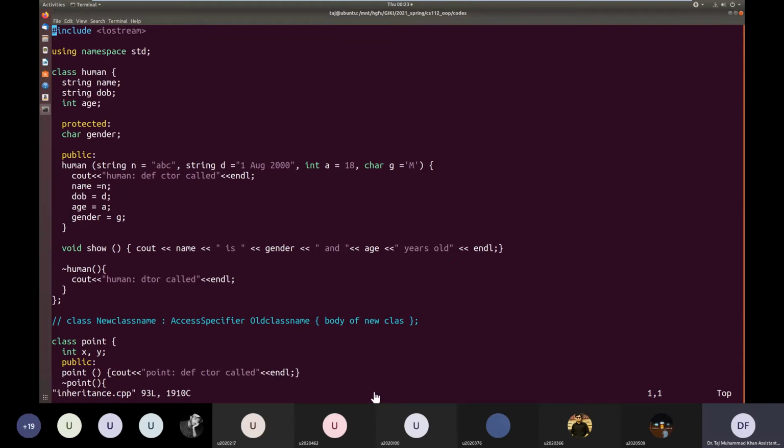We discussed this last time that protected is another level of protection, an access specifier, which protected members we can't access from outside a class except if it's a derived class. So we can access protected member variables of the base class inside the derived class. I hope it does not need repetition. Is it clear?